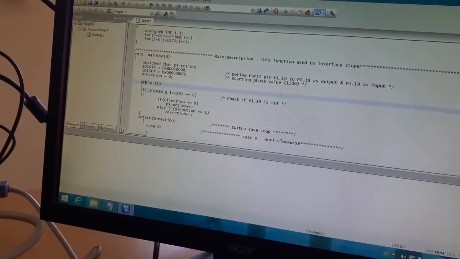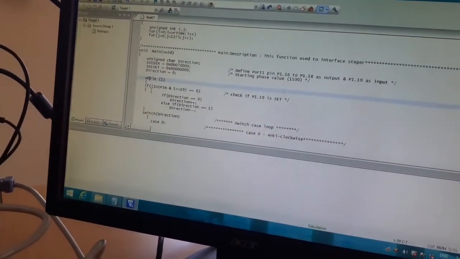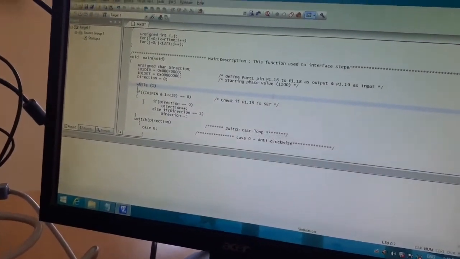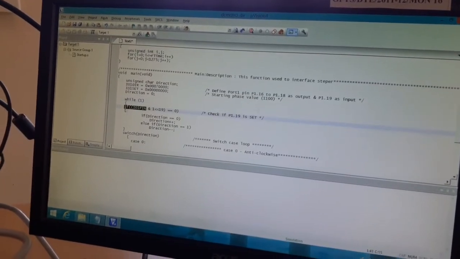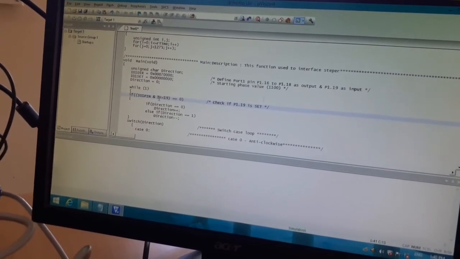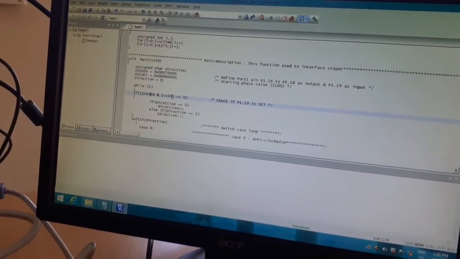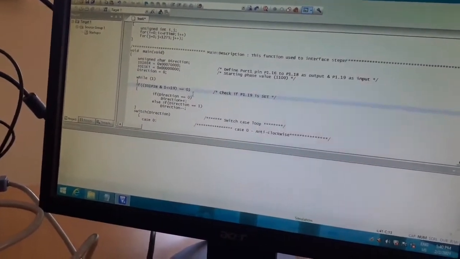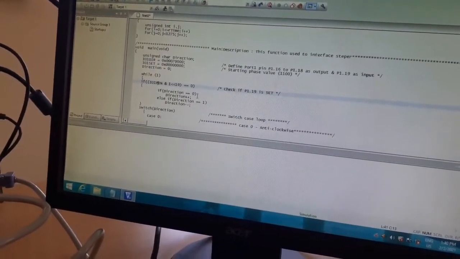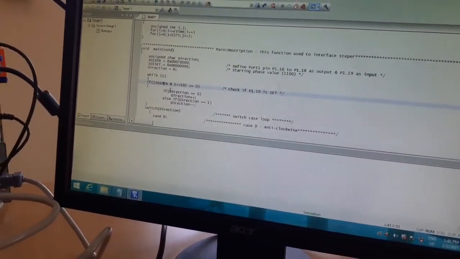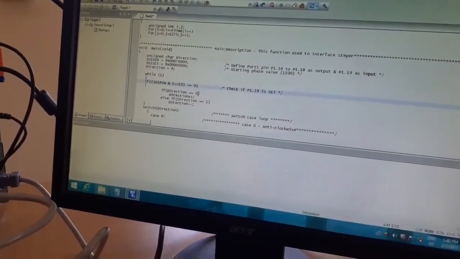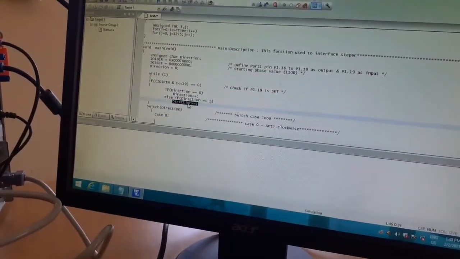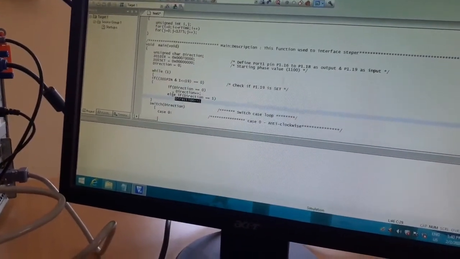Inside this, we will be checking or monitoring the status of the direction switch pin. Based on the press of the direction pin, it will change the direction. So for this, we will write an if condition: IO1PIN & (1 << 19) is equal to 0. That is, IO1PIN will be checking the status of the direction control switch button. If the direction is equal to 0, then direction plus, else if direction is equal to 1, then direction minus 1. That is, we are setting the direction values to 0 and 1.